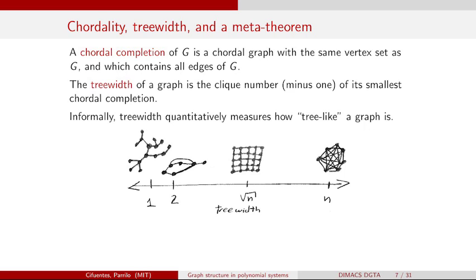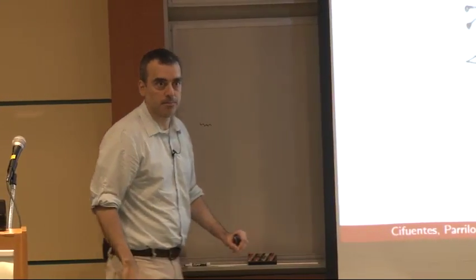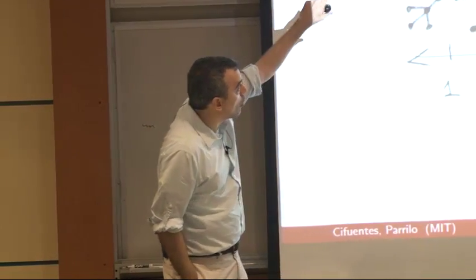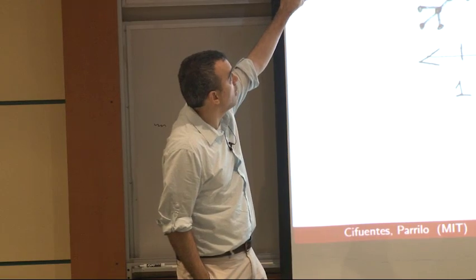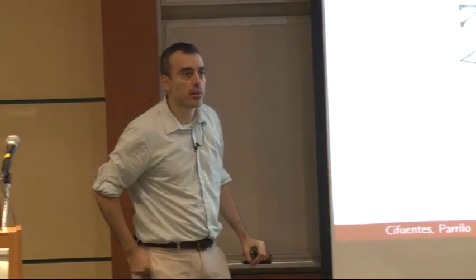And it turns out if you compute it, the tree width is something like square root of n. But it's a number that will tell you where your graph lies. And there are ways of computing it. So if it's chordal already, it's just the clique number minus 1? Yes. So when you have a chordal graph, then the tree width is exactly the clique number minus 1.